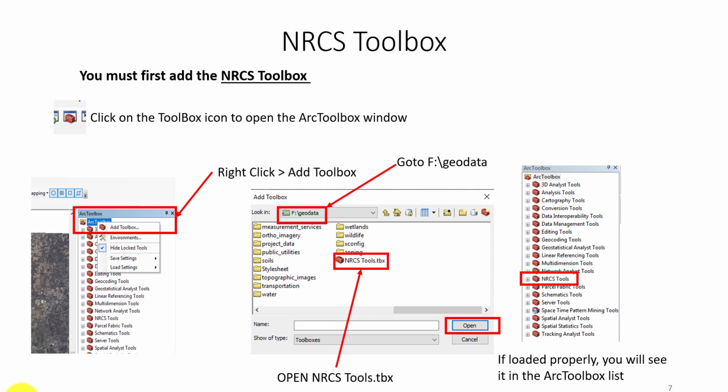The NRCS toolbox was created to utilize LiDAR, create topo, create watersheds, for NRCS folks. So this is how we're going to actually create our DEM file and clip that so it's not the entire county. So it's just a clipping tool within ArcMap basically, but it's simplified for everyone to use. So in order to use that, you must load it first. And you'll notice on the top of your screen, there's a little toolbox icon. You can click on that